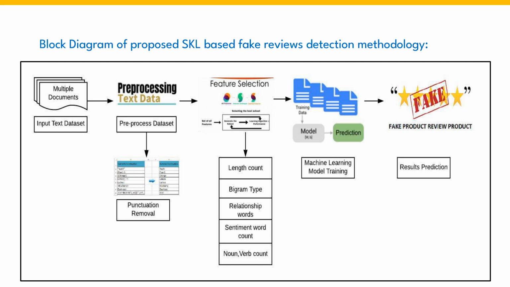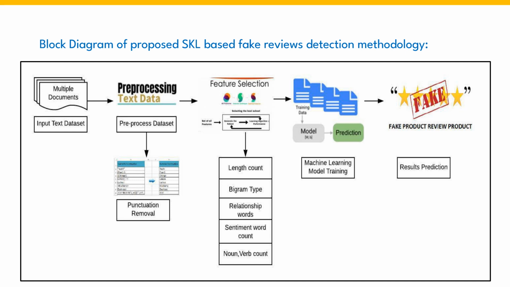on medium-sized datasets as compared to artificial neural networks, that is ANN, and deep learning models, which are a good fit for large-sized datasets. Feature engineering is another reason that ANN and deep learning models do not show better results for fake review detection. Feature selection is an integral part of machine learning model training and plays a vital role in getting better classification results.